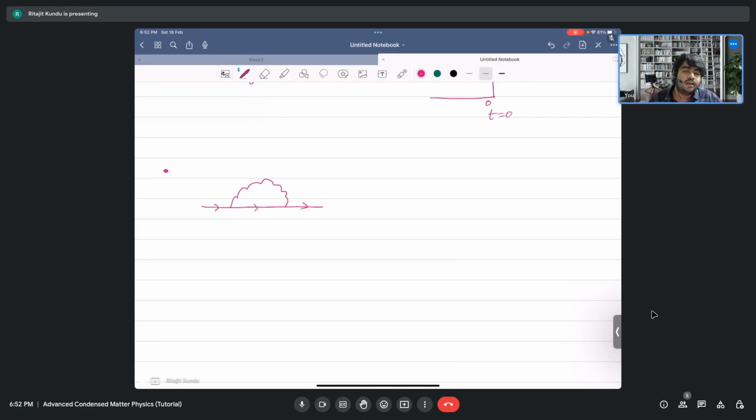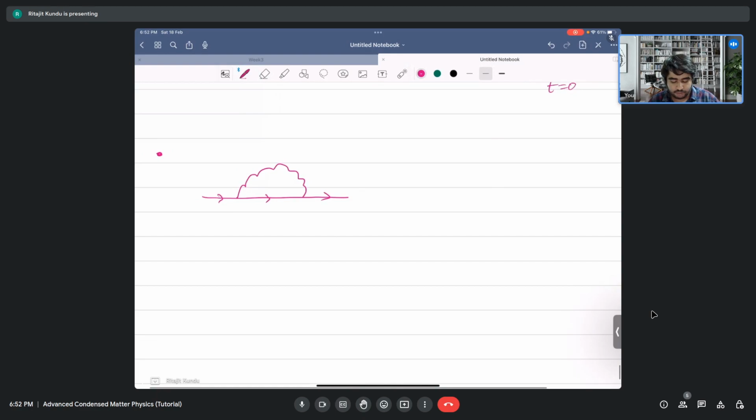So this is first order when you have Coulomb interactions. The wiggly line is a Coulomb line. This is a first order term in the perturbation series of the Green's function, right? Now let's say we are trying to write the expression for this Feynman diagram. We have to follow some rules. Each line has to have a momentum and frequency, and each of the vertices, like this one and this one,